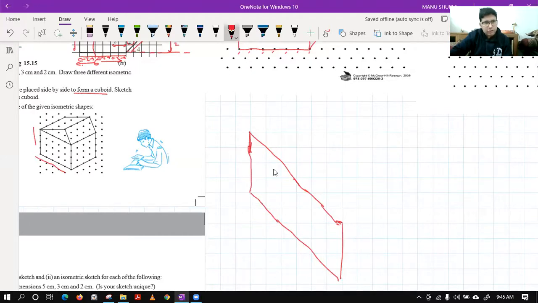Now we will make the back face. This thing we can make. The back face is not that required. You can just make it like that only. Just say 1, 2, 3, 4, something like this. Like this you can take. This point you can take for that point. So for the top point you will take some point over here. You just want to give some idea of the figure. So like this you can make the front face.